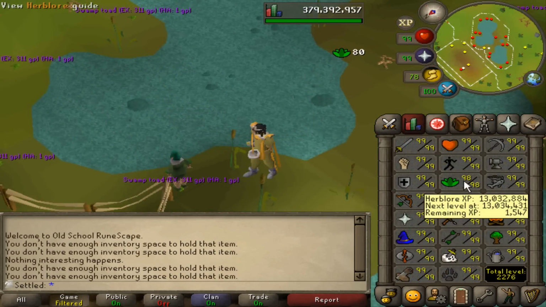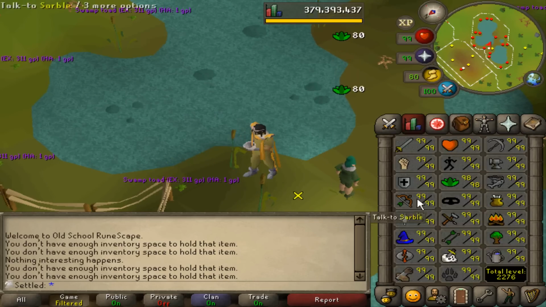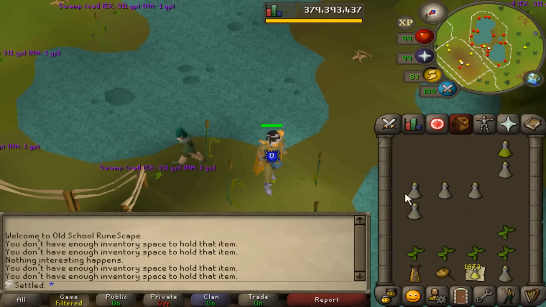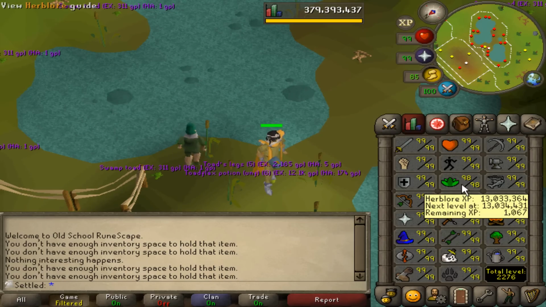So after removing about 6,000 toad legs, we're about 1k XP away from finishing this journey, and I'm not maxing today, unfortunately. I'm maxing in about 2 days. So I'm going to stay above a lamp's worth of XP. A lamp would give me 980, so I'm just going to stay here, because if I accidentally max, dude, I feel